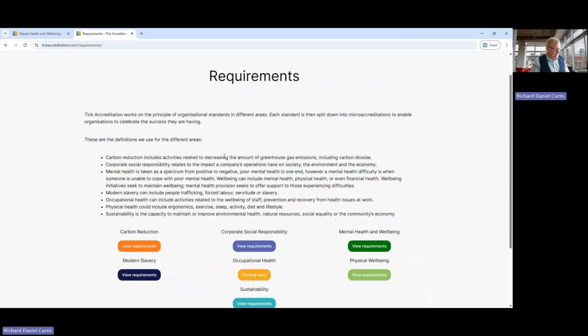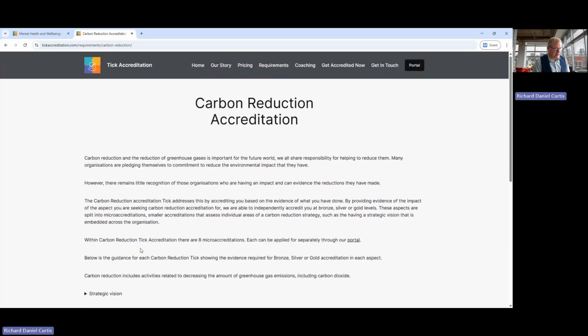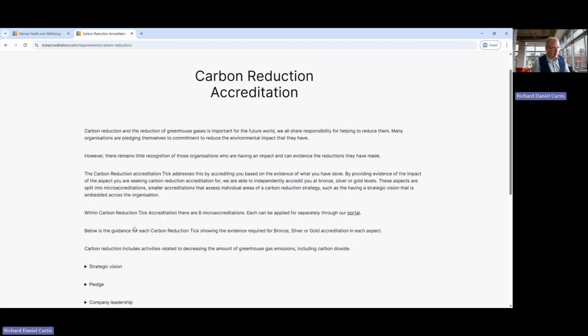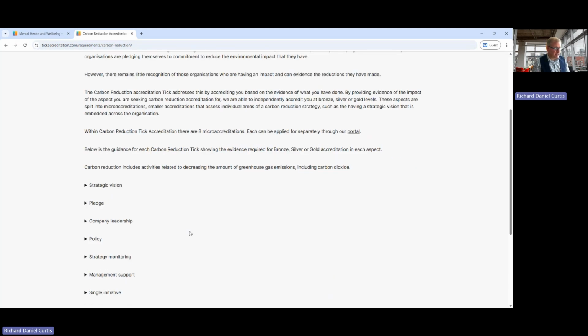So we are thinking about maybe applying for a different micro accreditation, or we're going to apply for a micro accreditation. And here, let's say that we're thinking about applying for accreditation due to us applying for a pledge for carbon reduction in our organisation. So we're going to click on carbon reduction and view the accreditations, and here you'll see